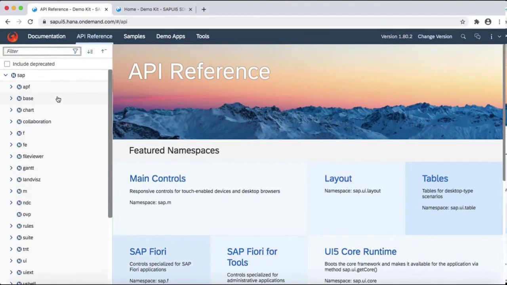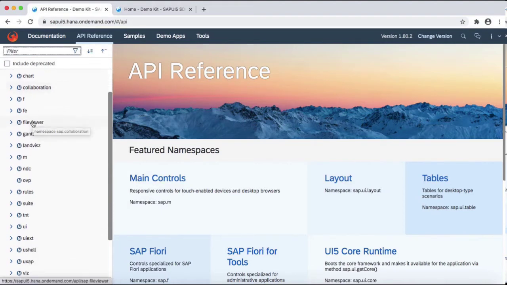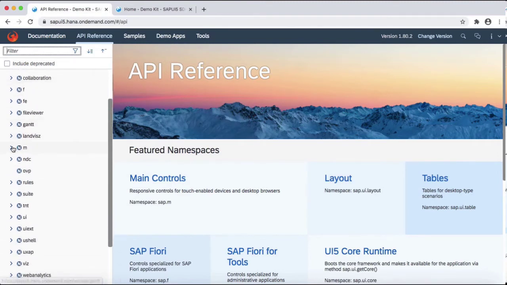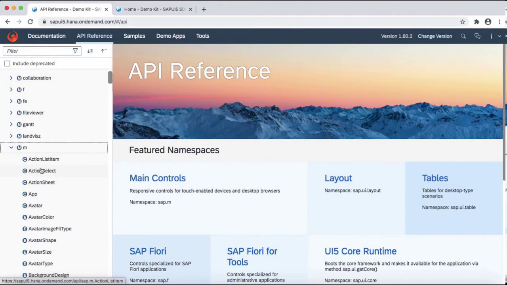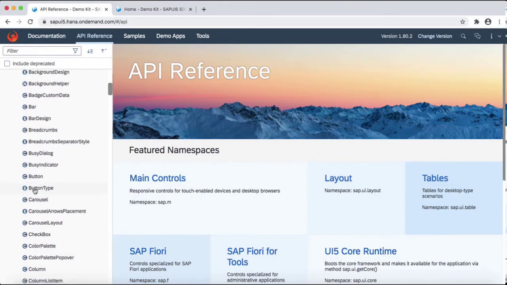The API reference consists of all the controls. In SAP UI5, controls are categorized in different libraries which come under the SAP namespace. So we have different libraries under the SAP namespace, like the M library for mobile controls, and the M library has different controls.